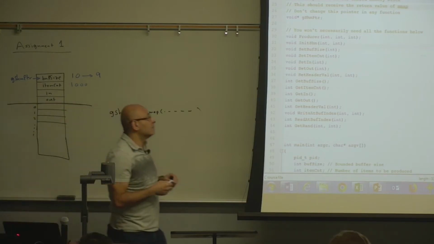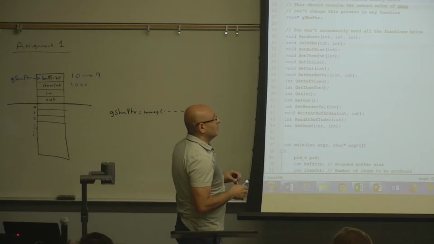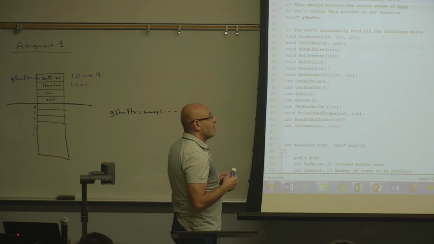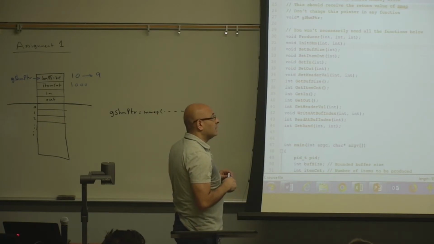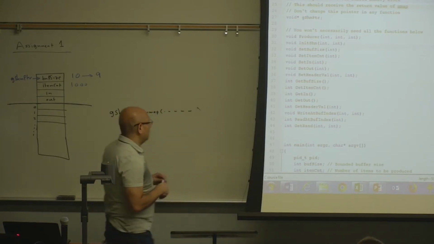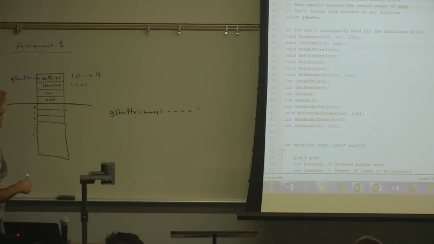Yes? I had a question for when the buffer size is, because we can set it between 0 and 1,000, right? Yeah, there is a limit. So I was wondering about the cases when 0 and 1, when we set that, how that's interacting. Oh, yeah, don't worry about this. When the buffer size is 0 or even 1, you cannot. So you can assume that it's greater than 1.